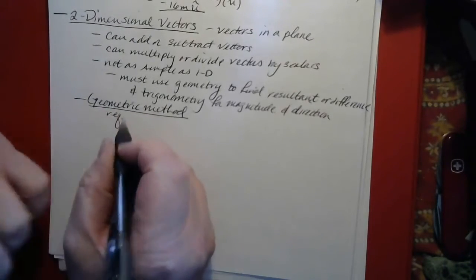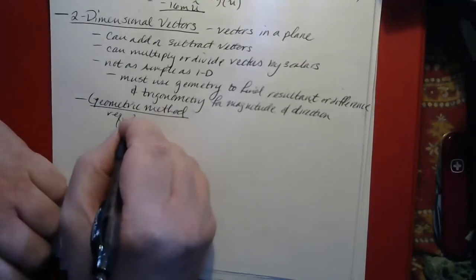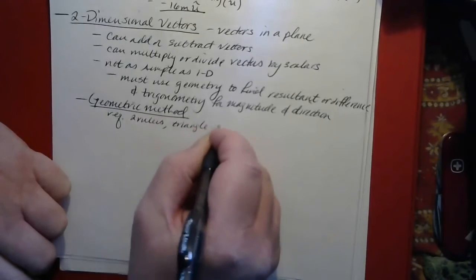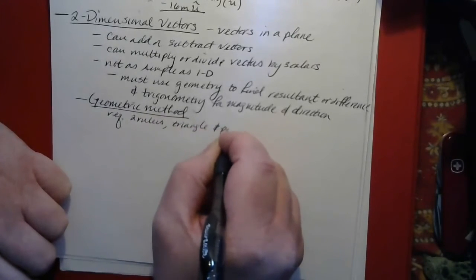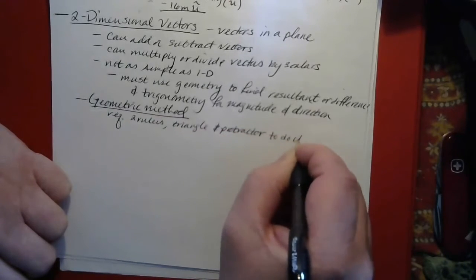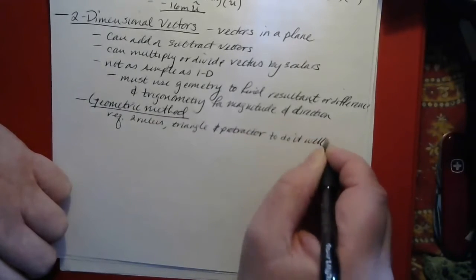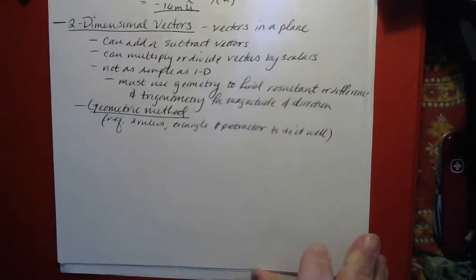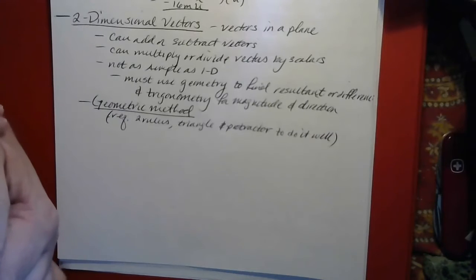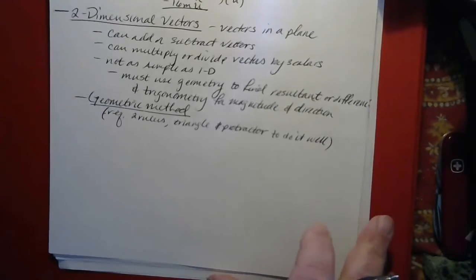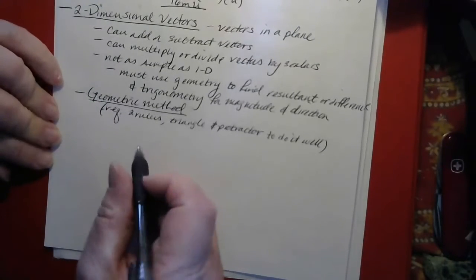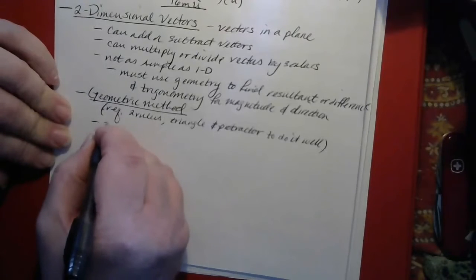For one thing, it requires a couple of rulers, a triangle, and a protractor. And that's the minimum that it requires. And even if you're very careful with it, there are mathematical methods that are still more accurate. So I'm not going to do a whole lot with the geometric method. But anyway, for the geometric method,